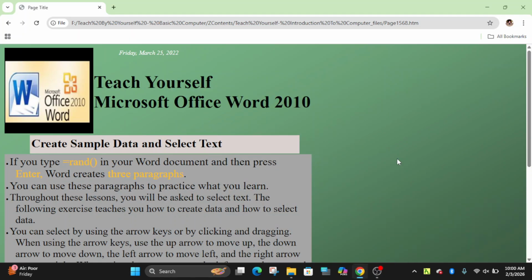Here is the next lesson under Microsoft Word. Here we create sample data and select text.